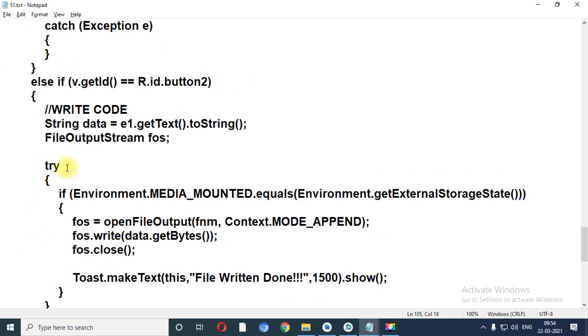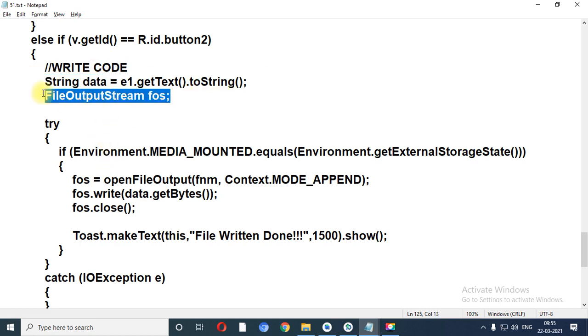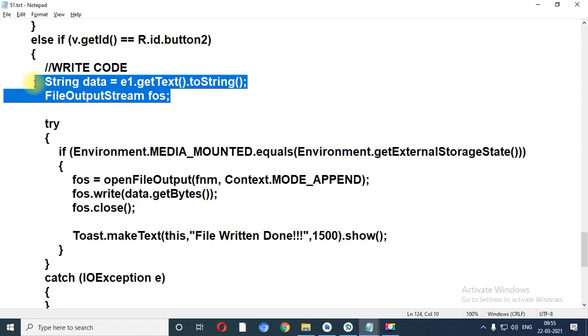So let us explain button 2 first, because first of all you need to perform the write operation in the program, then only can you apply the reading code. So write code: first of all get data from the edit text, store it into the data variable. This code we have already done inside the internal storage media.